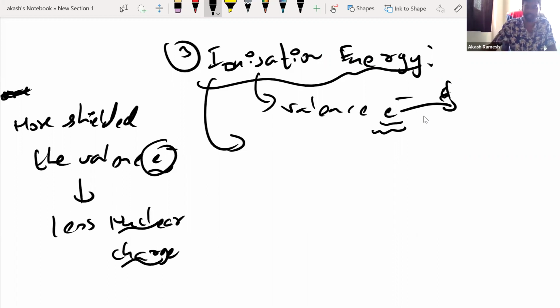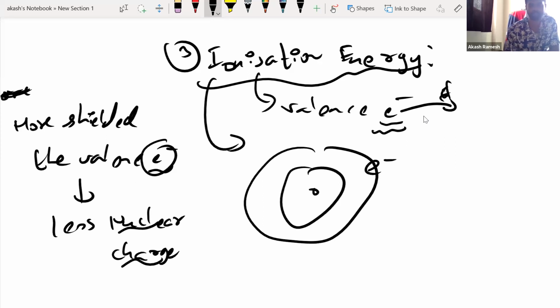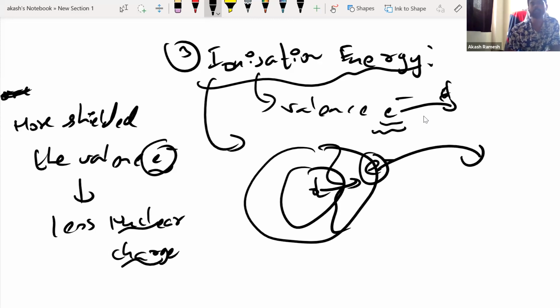Very, very simple. Say I have the nucleus with me. Say this is the first shell, second shell, whatever it is. Now, this nucleus and this electron will obviously have a force of attraction. If I have to remove this electron, obviously I have to overcome this force of attraction. For that, I have to supply some energy, pulling the electron in this direction. Only then can the electron come out of the nuclear force of attraction. How much energy you spend in doing that is what is called ionization energy.